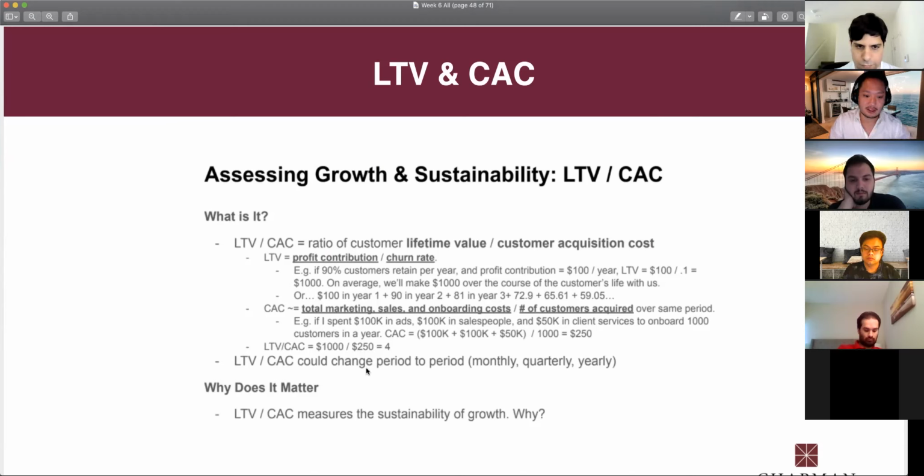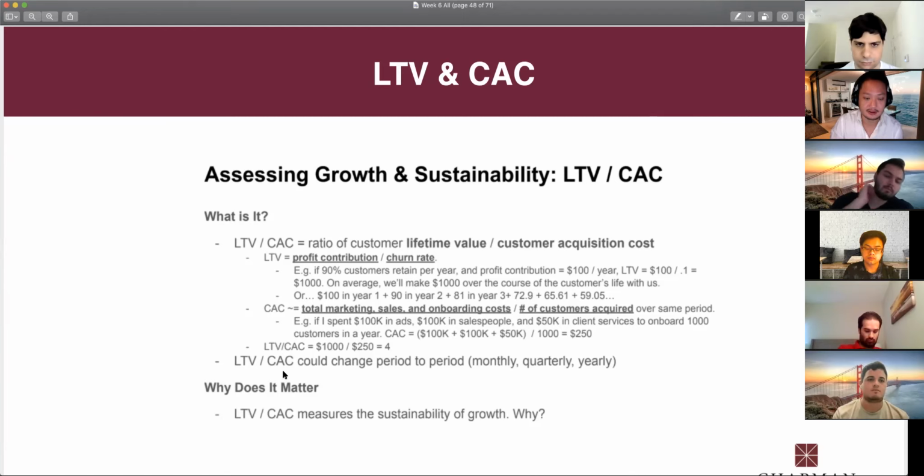This could change from period to period: monthly, quarterly, yearly. And why is it important? Well, you want to see if your customer acquisition funnel has a really good and sturdy ratio. Now, going back to our dilemma when we were using Puya's example, just this alone doesn't account for some of the changes that could happen in the future. So there is still a limitation where you need to predict